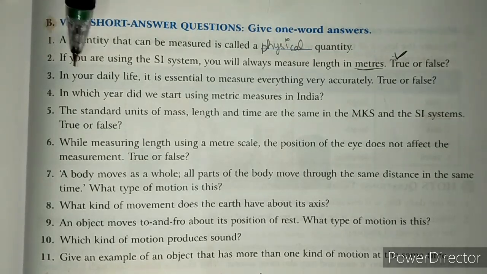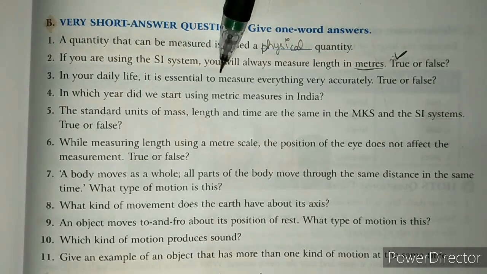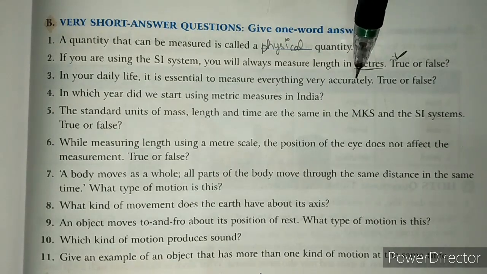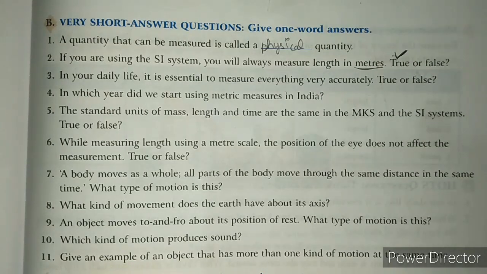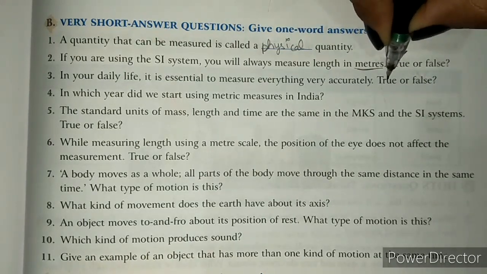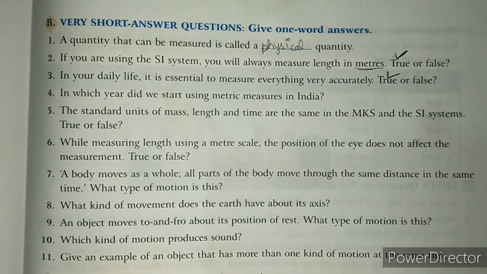Clear? The next one, in your daily life, it is essential to measure everything very accurately. True or false? So its answer is true because we need the essential measurements. For example, whatever we are doing, we need some actual measurement of everything. Clear? Like in cooking, we need to measure the spices and other things, right? And if you are just cutting something, you need to know the actual value of the actual measurement of the particular object, right? The next one we have,